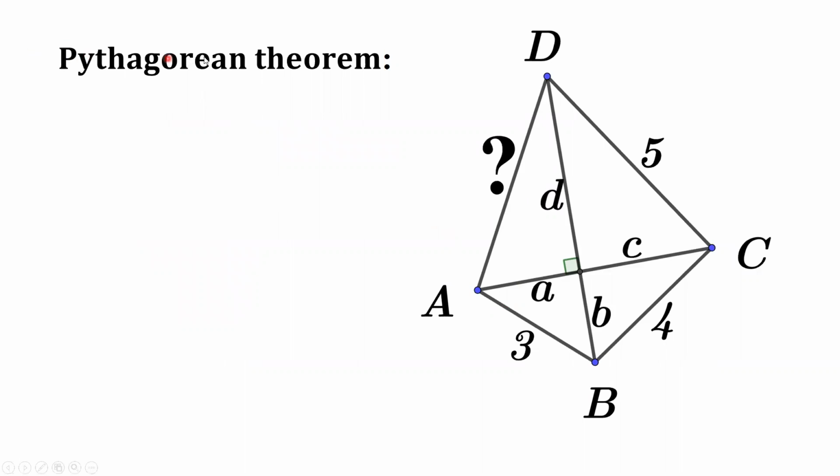That's the basic result we should use: Pythagorean. So here we mark the distance from A to here, that's a. From here to here, that's b. From here to here, that's c. From here to here, that's d. So the two diagonals cut the whole piece into 4 right triangles. Therefore, we can use the result.